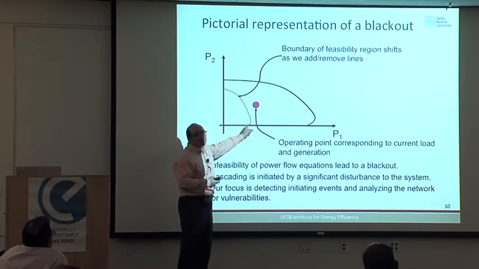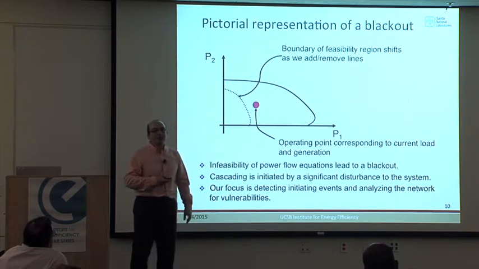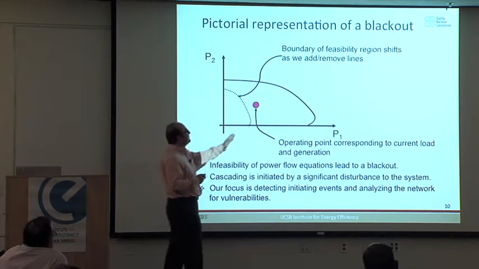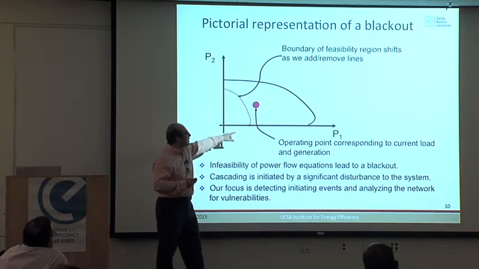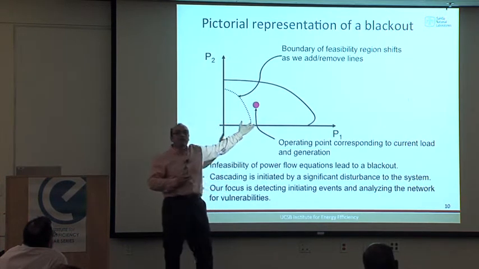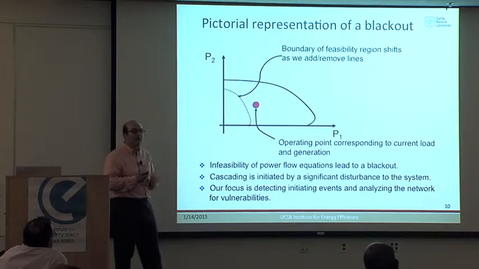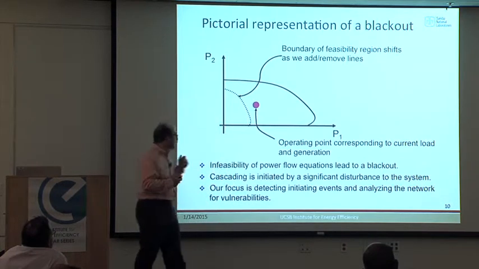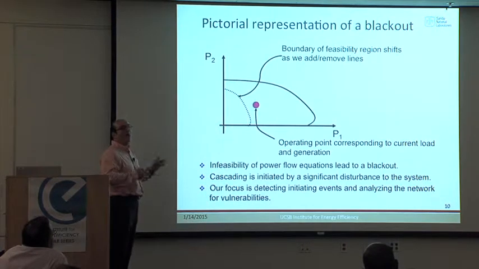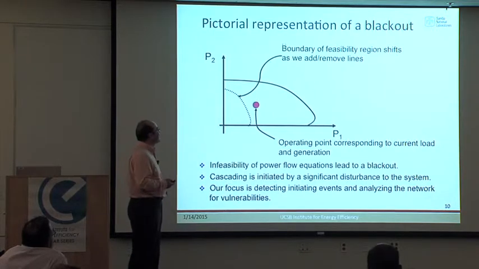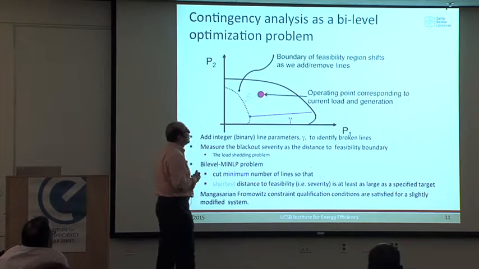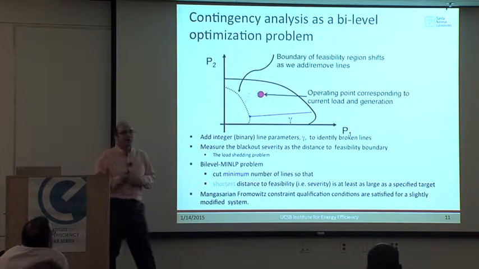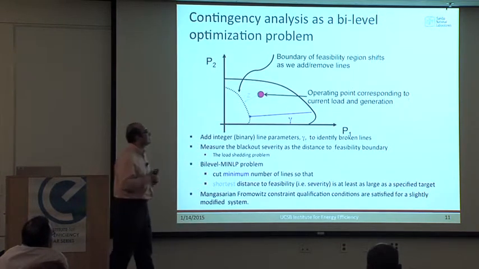But if you lose lines or generators from your power system, the feasibility region will shrink. So it will move on to here, and then you'll be infeasible. So we'll only look at state here. And then the bad things will start. You're not interested in how bad the results are, but it's just bad, and this is something we want to exclude. So if you're talking about the optimization problem, the initial thing, finding vulnerabilities in the grid,